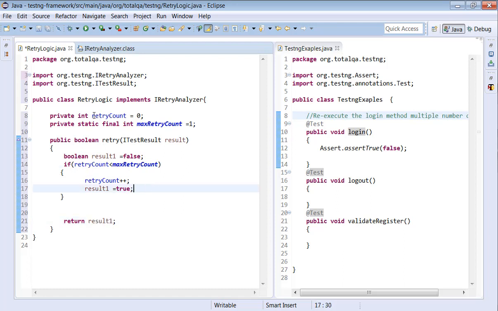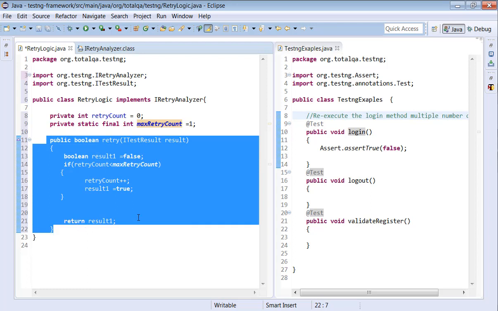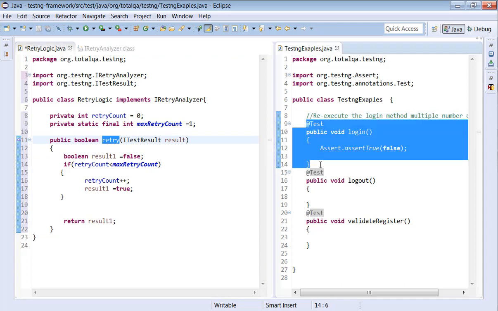So how many times will this be executed? Retry count is 0. The maximum retry count is 1. When this method is getting called, whenever we execute the test case. But what is the relationship between this and this method? There is no relationship.